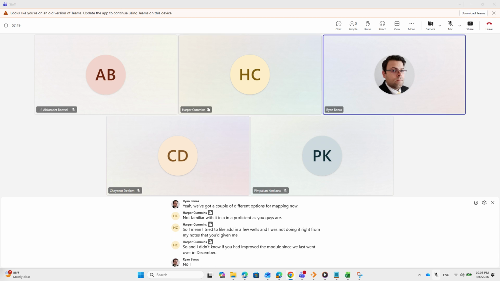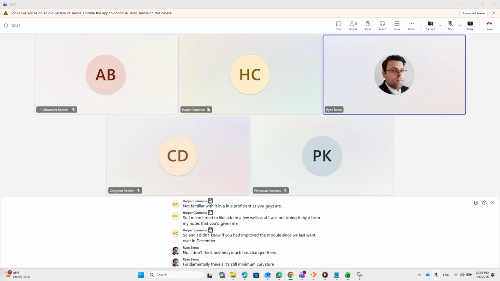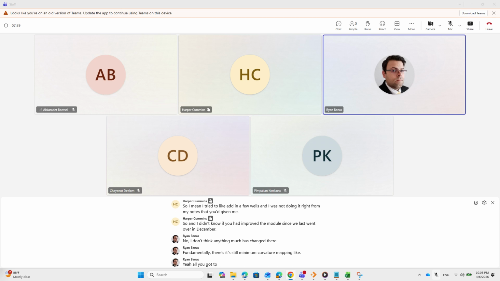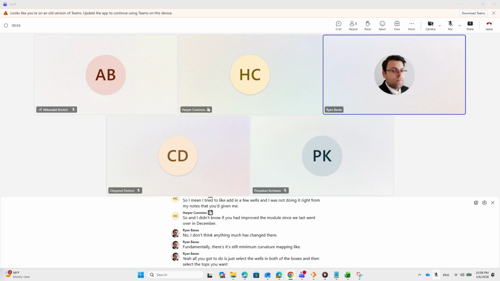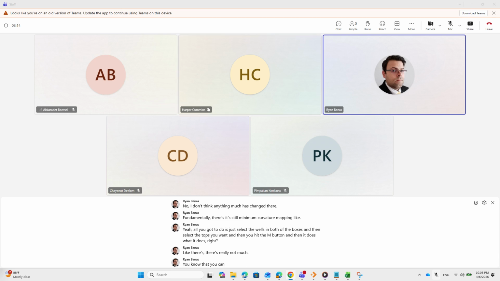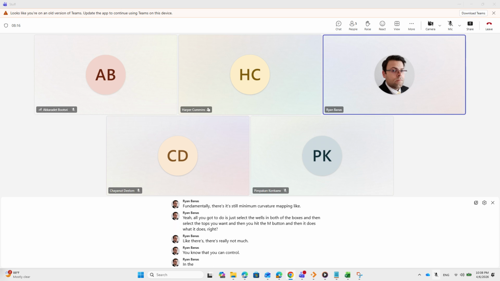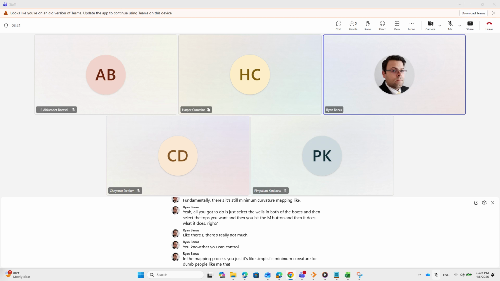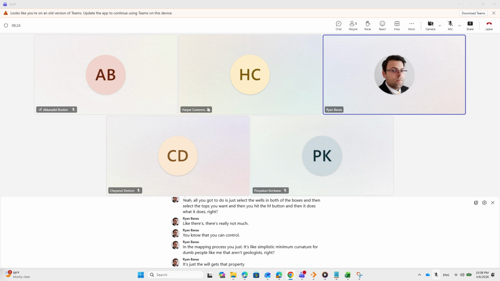No, I don't think anything much has changed there fundamentally. It's still minimum curvature mapping, right? All you've got to do is select the wells in both of the boxes, then select the tops you want, and hit the M button, and it does what it does. There's really not much that you can control in the mapping process. It's like simplistic minimum curvature for dumb people like me that aren't geologists, right? It's just to look at the properties. But